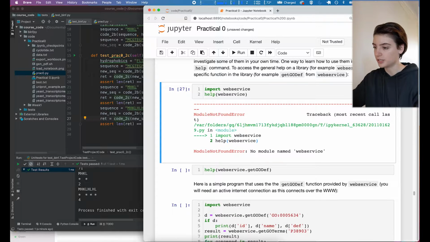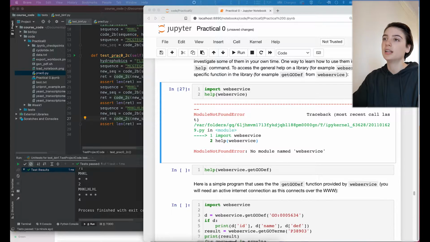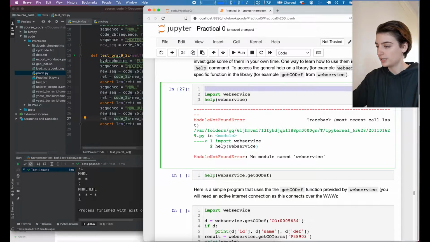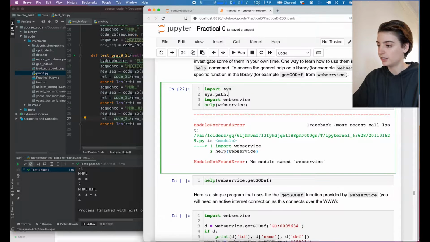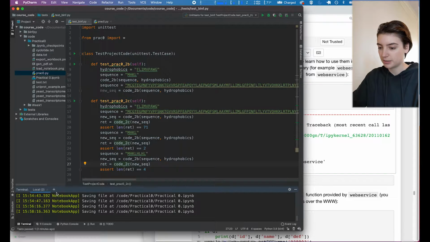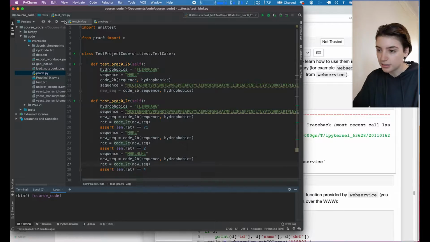So let's just double check we can import web service. We can't. So what we want to do is make sure that we have the sys.path.append in our notebook. So what we want to do is import sys and then sys.path.append. And since I can't remember exactly where I put this, I'm going to open up my terminal. I can see my bin for pi in my course code, so I'm going to cd into bin for